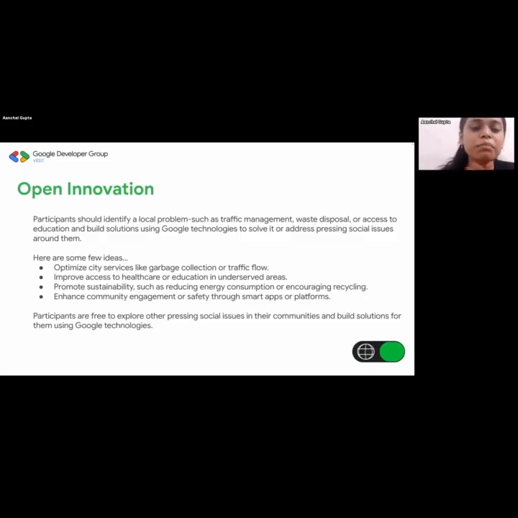Over here, the problem was that people are wasting so much of their time. The waiting time got reduced, people are saving their time. So an actual impact is being created. So don't just build something that looks good, that works. It should actually be solving a problem, and try to look for innovative problems like this, problems around you, problems that you personally face. That way you can actually use the solution and show that, okay, this is creating an impact, right? And also it feels good to have solved a problem like this. Right, so that is all about what kind of problem statements you're supposed to look for and how you're supposed to build your solution around them.